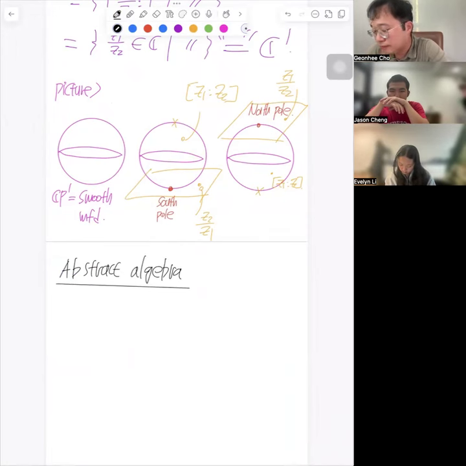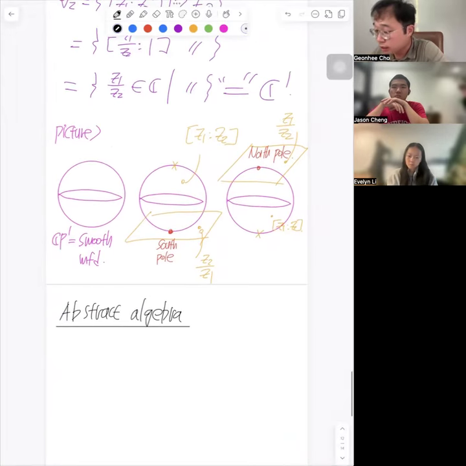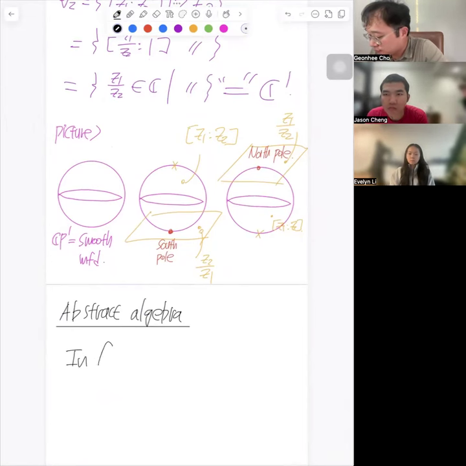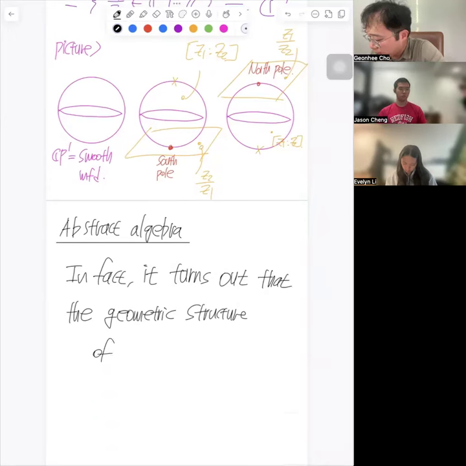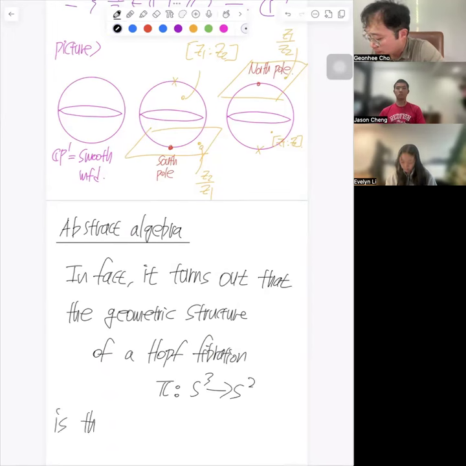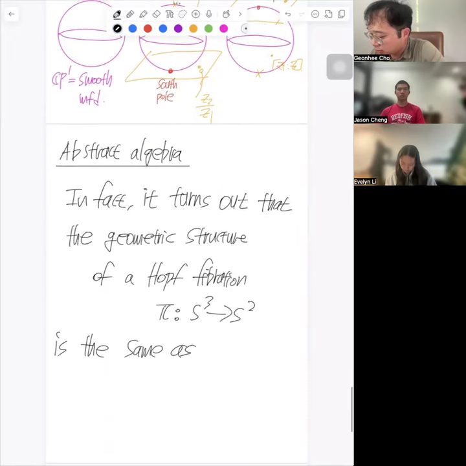Even though we are treating everything very geometrically, in fact, it turns out that the geometric structure of a Hopf fibration pi from S3 to S2 is the same as understanding